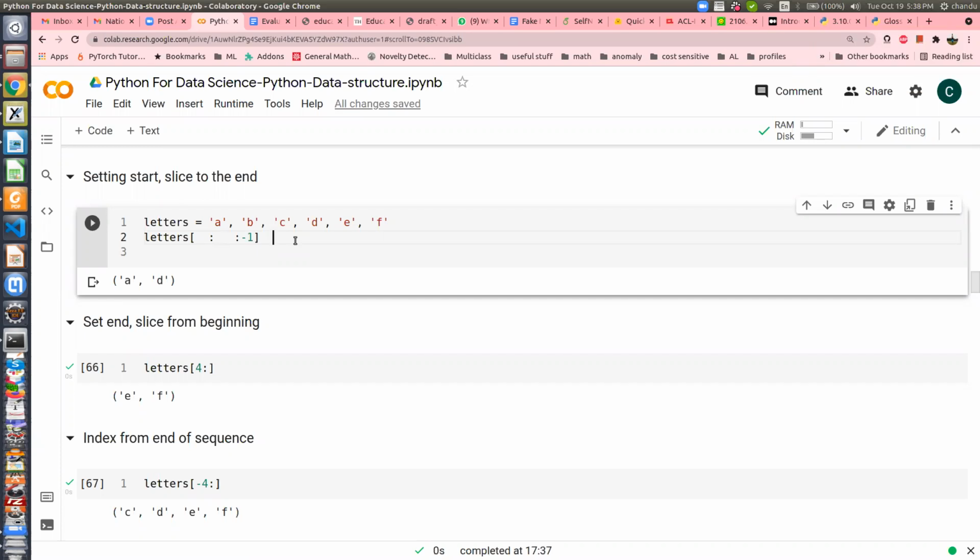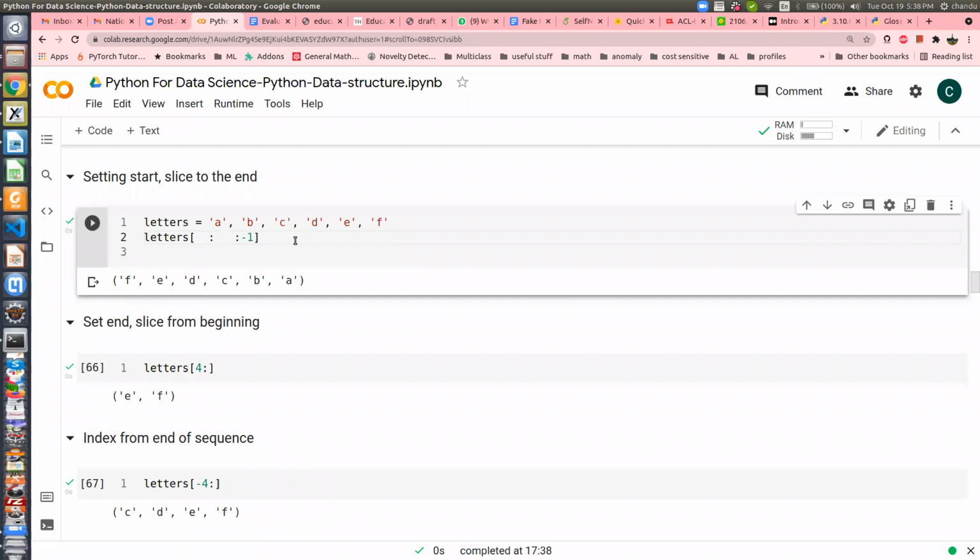F, E, D, C, B, A. Very nice answer, Priya. This is a nice way to reverse the entire list or tuple, whatever you want to call it.